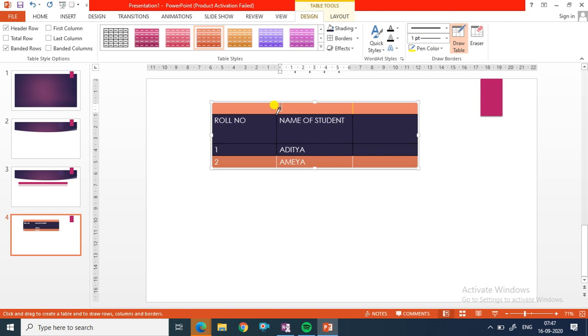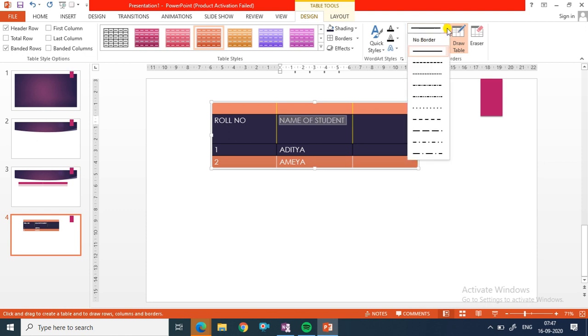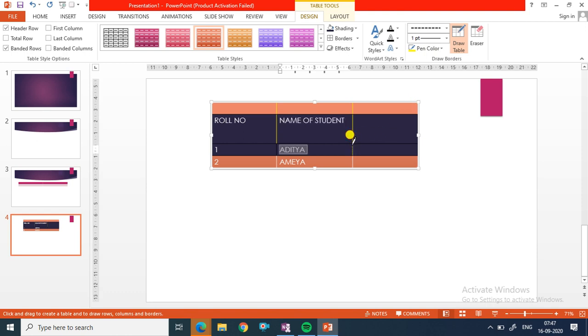Okay, so in this way you can change the border color. Fine. Even we can change the border style. So for that, also click on paint style in the draw border group. This one is the paint style. Suppose this one I want. Again I will just click on it like this. So in this way we can change the border style. Fine.